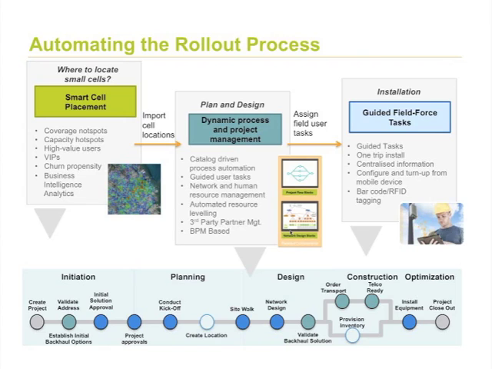So the idea here is to use business intelligence analytics to gather information from a number of different sources. So those could be drive test information, they could be radio access network data, it could be financial data relating to customer